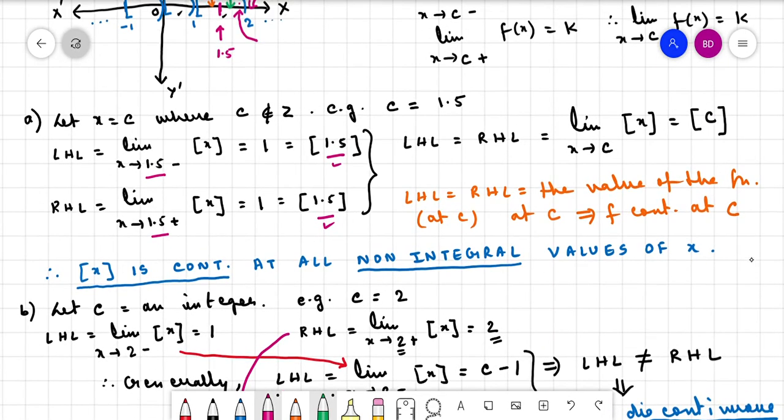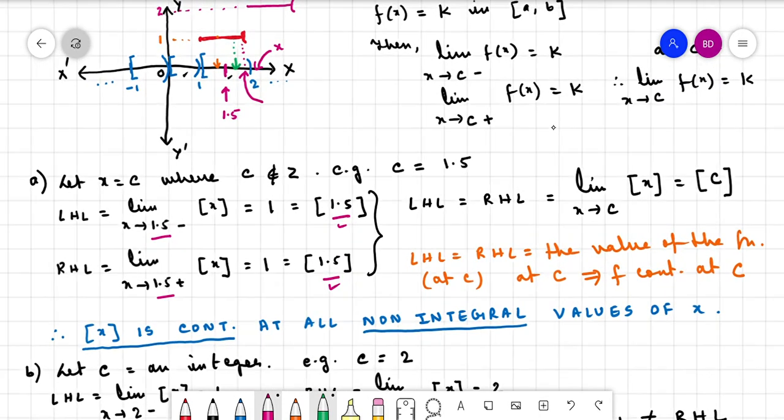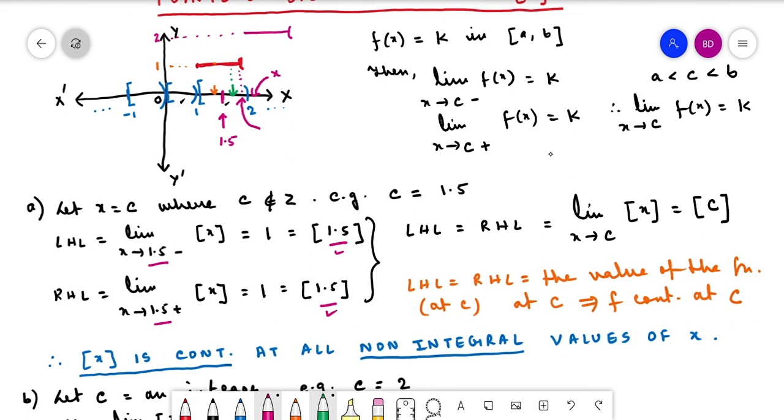Now, if you look at the graph also, you get an intuitive idea about the continuity and discontinuity of box x. If you look at the graph carefully, you will see that at 1 there is a jump discontinuity. Again, at the value 2 there is a jump discontinuity. Again, at 0 also, this is a jump discontinuity. This continues for this portion of the graph. Let me draw this portion. This is minus 1.